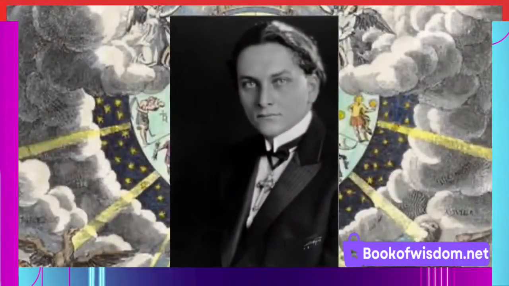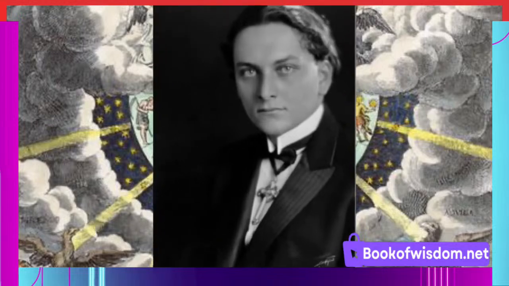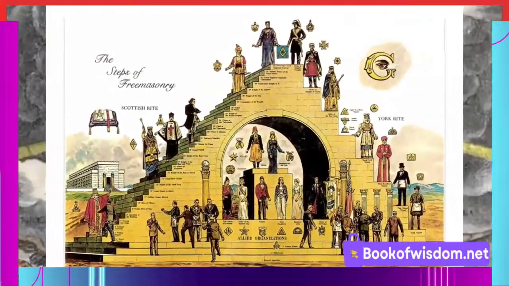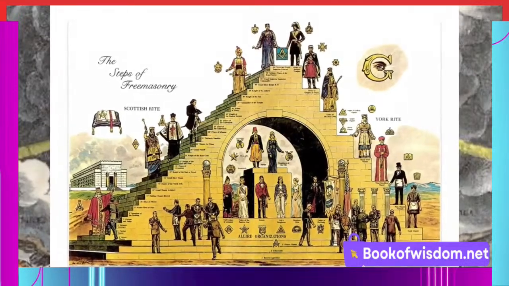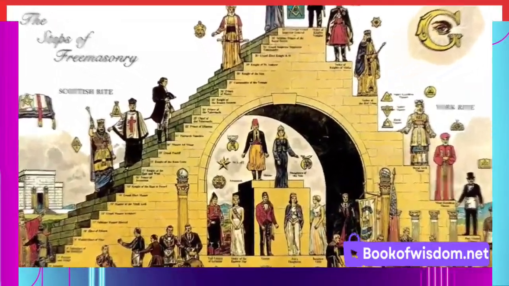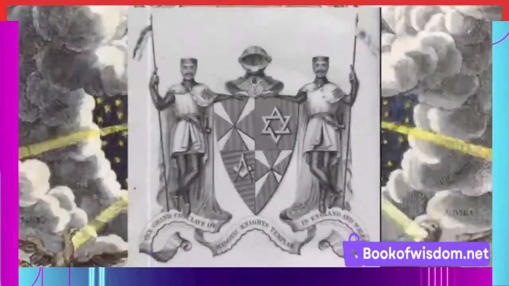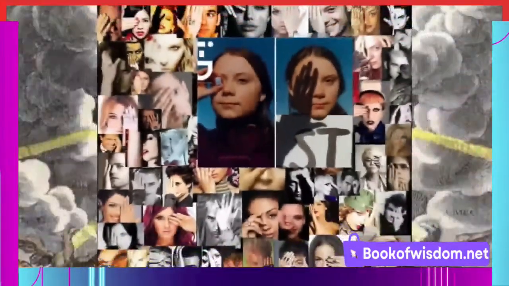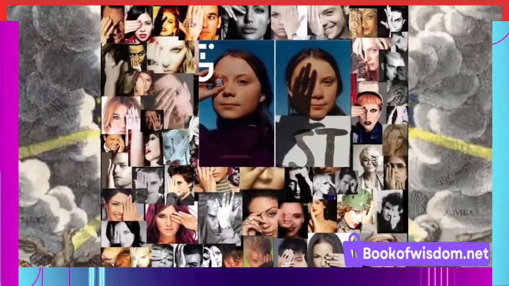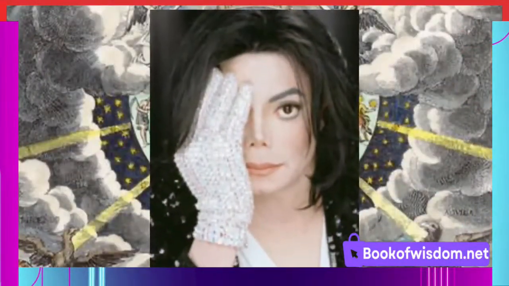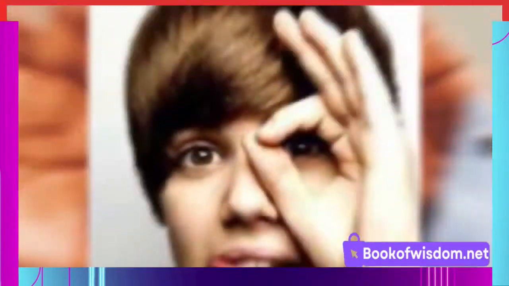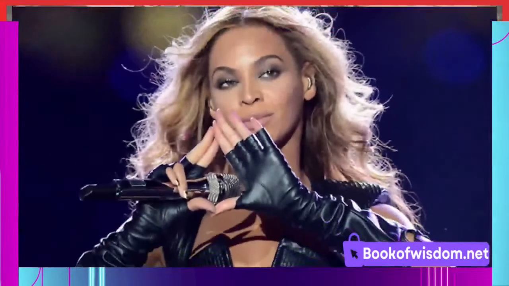So what he's saying here is that Freemasons have to go up the degrees of Freemasonry, and once they hit the top, they either get elected or not into these secret societies like the Illuminati, Skull and Bones, and Knights Templar. So when you see celebrities doing this one-eye symbolism, either covering one eye, doing the triangle, or doing 666 over one eye, this is showing and reflecting the symbolism of Freemasonry.